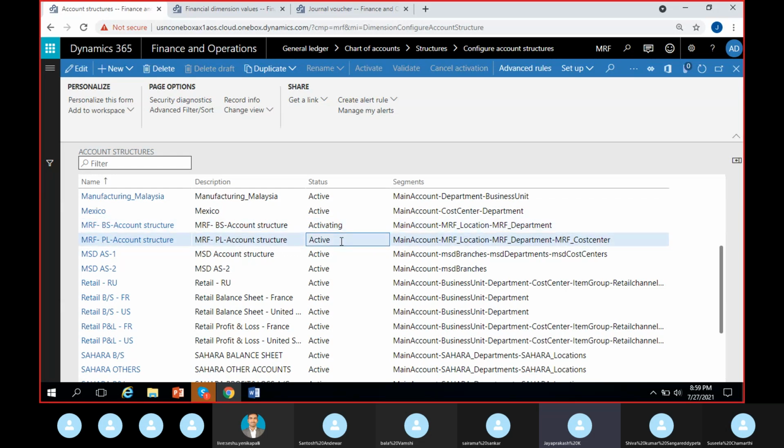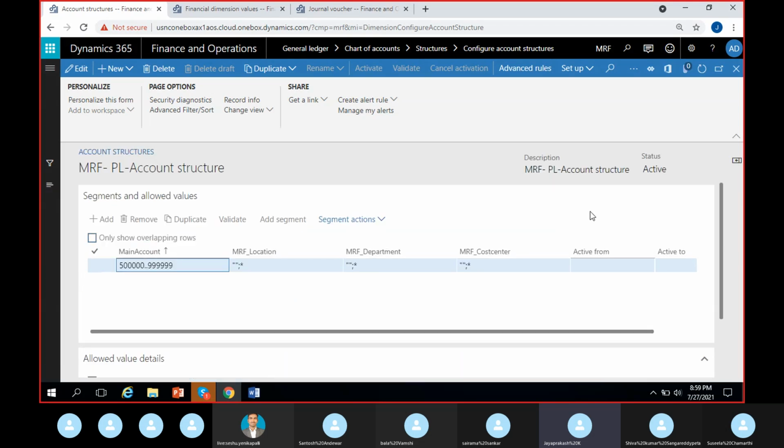And one more important thing, guys, whenever you make any changes in the account structure, whenever you open this, suppose if at all you click on edit here and make some changes, or if at all you click on edit, it will automatically change to draft. And if you make any changes or may not make any changes, if you click on edit, it will change to draft. Suppose if you want to make any changes, you can make changes and again you have to activate